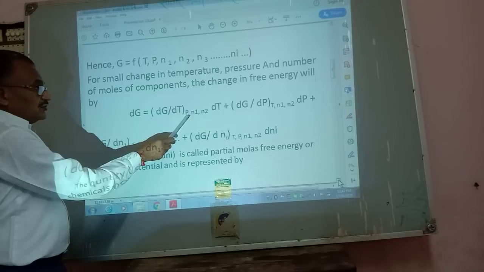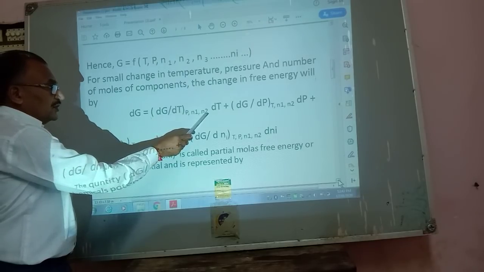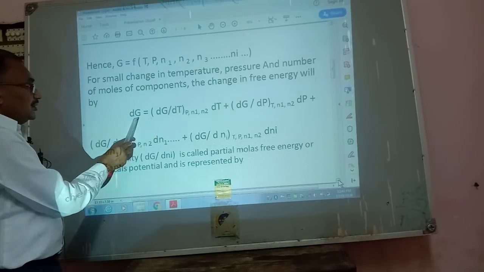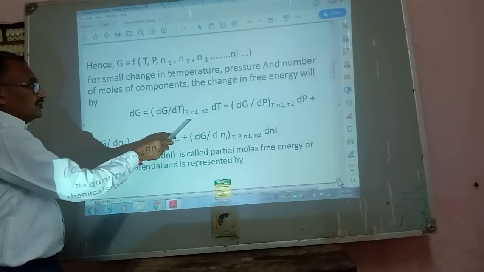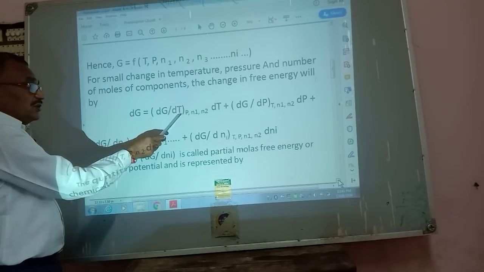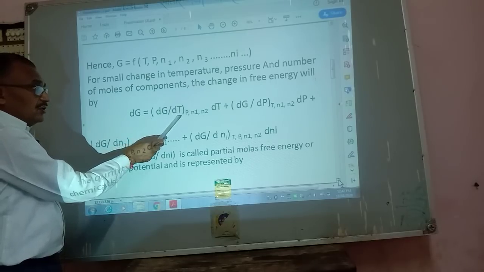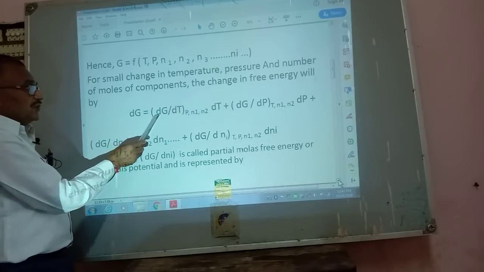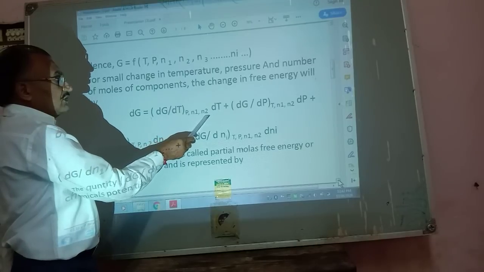Here pressure remains constant, the number of moles of the first component remains constant, the number of moles of the second component remains constant, because here the free energy changes with temperature and all other factors remain constant. Therefore dG/dT is the change in free energy with respect to temperature, with all other factors constant, at constant pressure and N1, N2, the numbers of moles of the various components present, multiplied by dT,